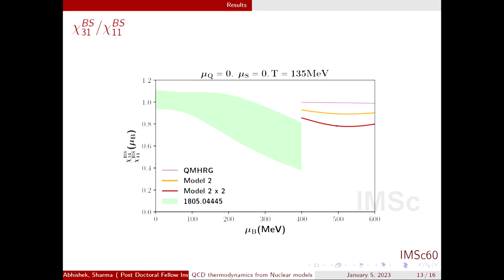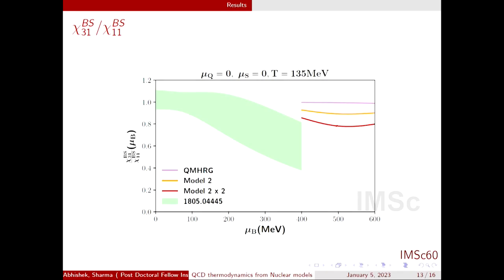In this plot, we have a third order derivative with respect to baryon chemical potential, but also a first order derivative with respect to the strange chemical potential. Because of this strange chemical potential derivative, the majority of contribution to this plot comes from only the strange baryons. The light green colored band is again the lattice result, and the plum colored line is the non-interacting HRG result. The orange result is from the nuclear model.